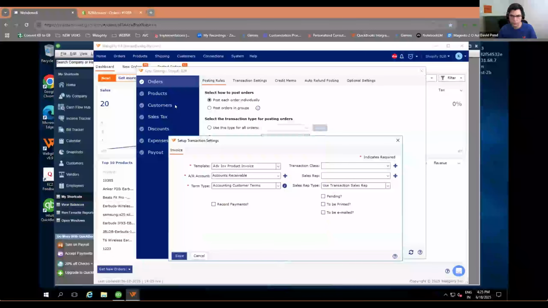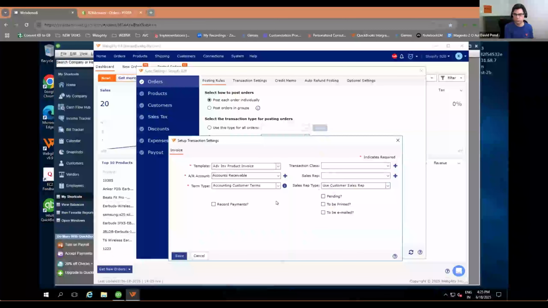So in the direct to consumer, you're only going to have the customer setup. But what you're trying to do is, if you have a business and you're using the customer name field for that business name in the website and in QuickBooks, you're trying to match those up. When you match those up, in Webgility you can say use the accounting customer terms to transfer those terms. It doesn't really transfer, but it matches up the customers and then uses the terms that you set in QuickBooks. So if you have a business customer that's 90 days or 30 days or 15 days, then that will